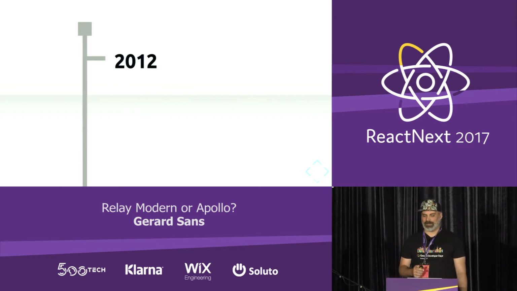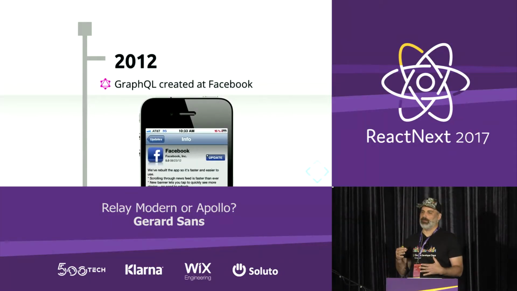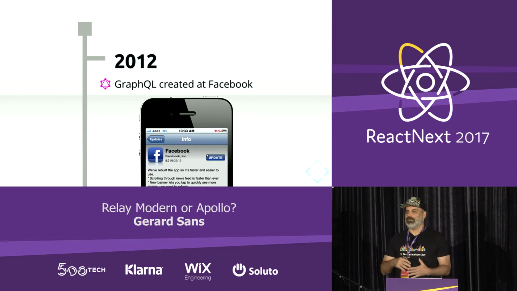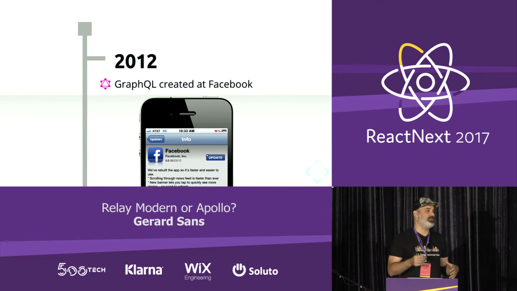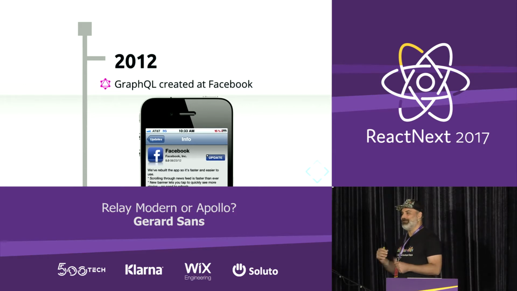It all started in 2012 when Facebook was migrating from HTML5 to native applications. So you can see the first version released at the time. Since 2012, we have been all using GraphQL. If you have a Facebook client, you have been using GraphQL behind the scenes,